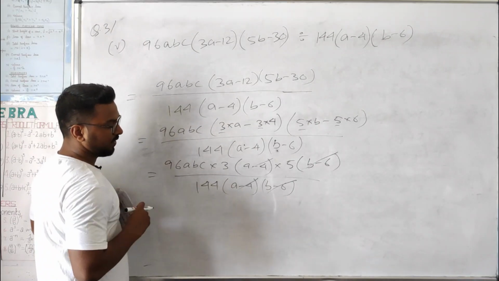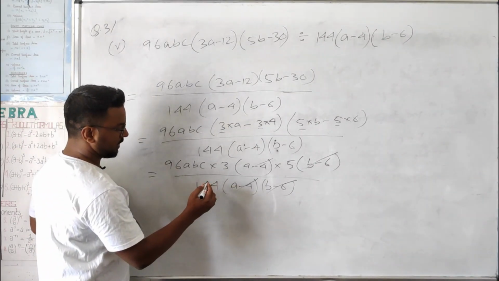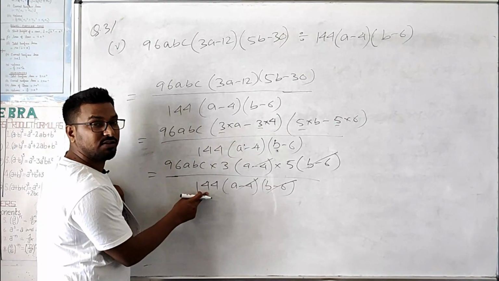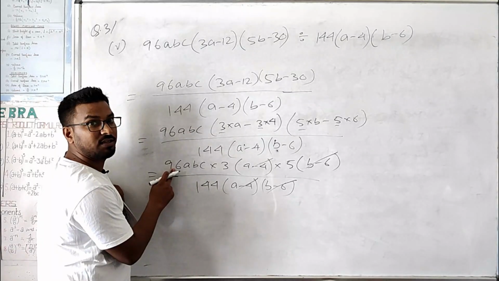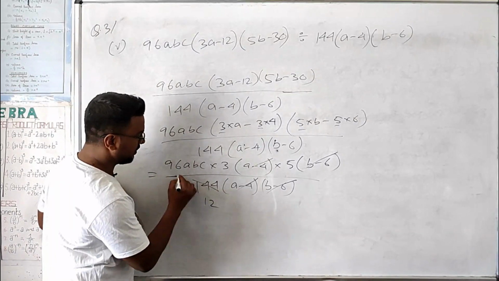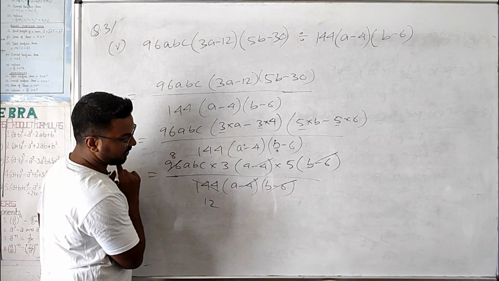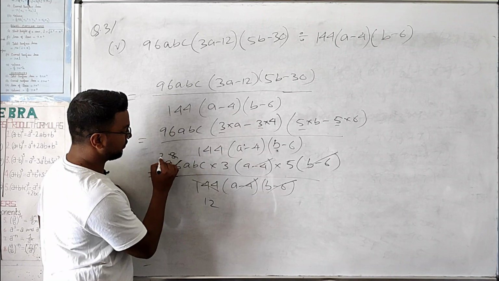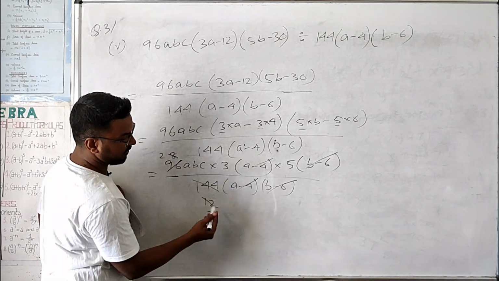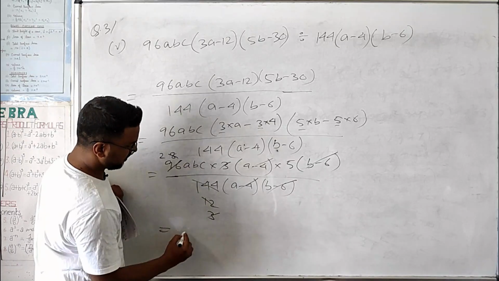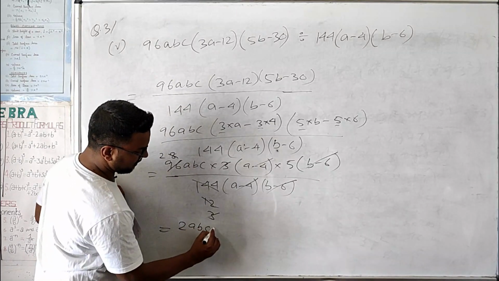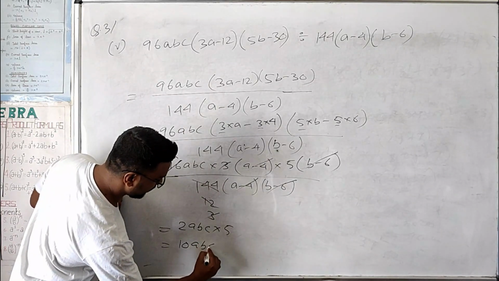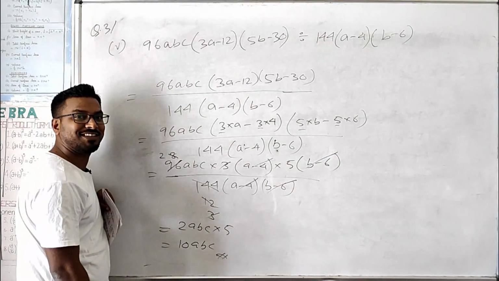how many times, if you divide by 144 and 96, these are multiples of 12, right? 12 12s are 144 and 12 8s are 96, so we can cancel. Again you can cancel by 2, by 4 you can cancel, so 4 2s are 8, 4 3s are 12, 3, 3 you can cancel. So what is left here? 2abc is left into here 5, so our answer will be 5 2s are 10abc. This will be our answer, right?